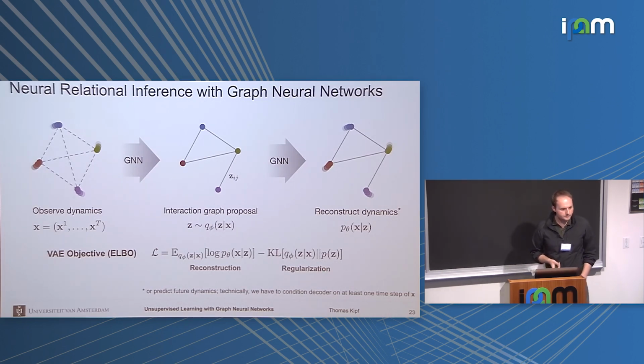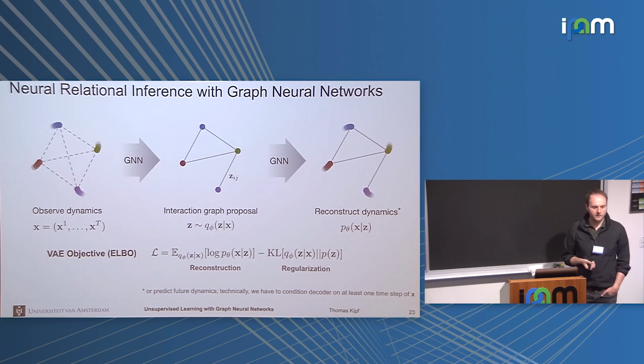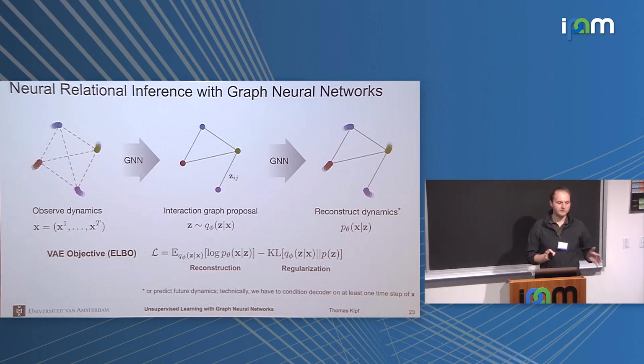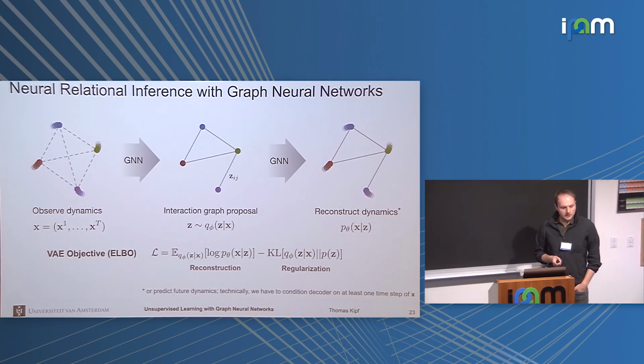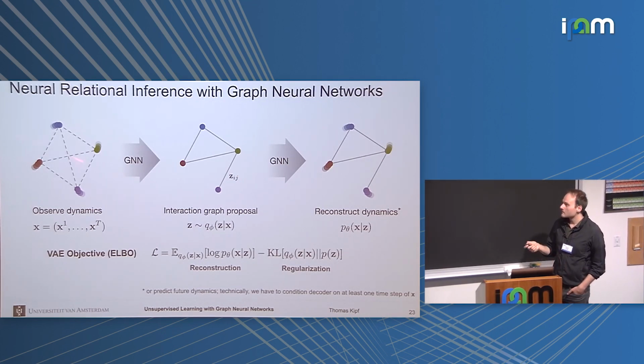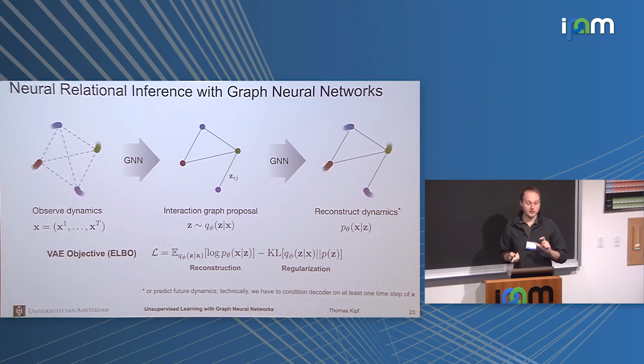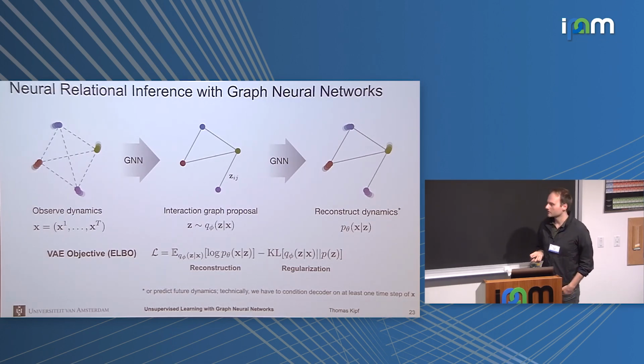So in this case, the graph is fully connected? Yeah, so we start with some proposal here. This proposal can be fully connected, it can be a nearest neighbor graph, but you have to start with some kind of proposal. The latent graph essentially follows this proposal mask. So if the proposal is fully connected, then for each edge in this fully connected graph, the latent graph predicts an output, whether this edge should actually be there or not. Yeah, that's a very good question.